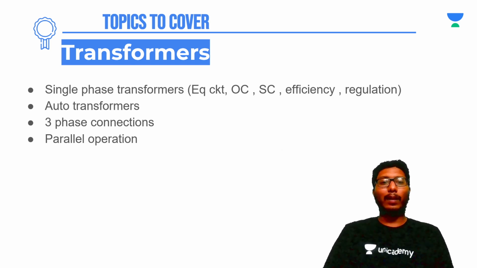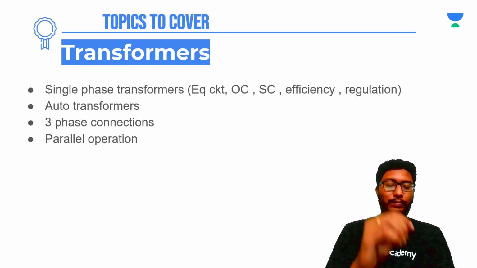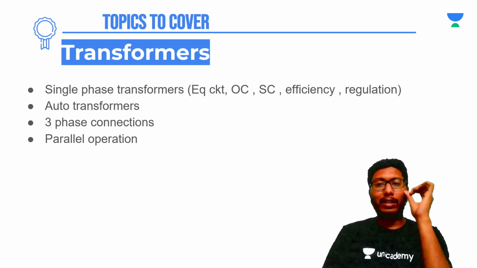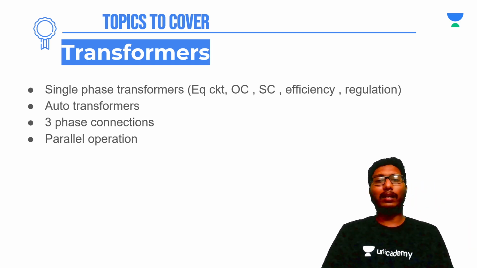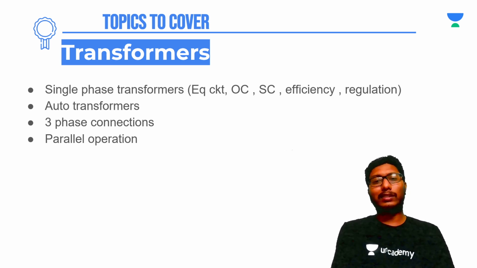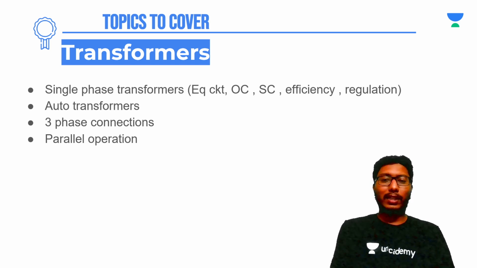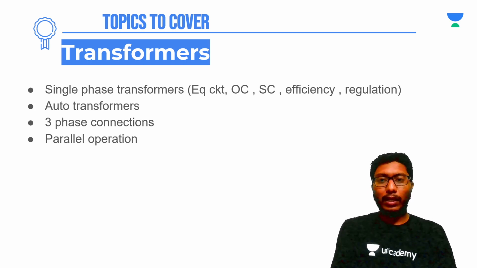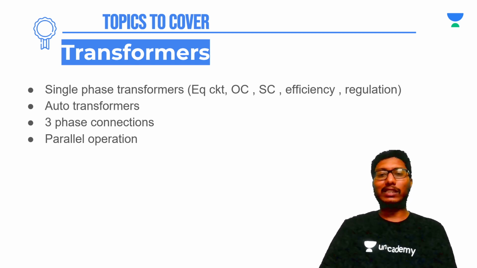And then comes parallel operation of transformers. With respect to parallel operation, the main thing you should consider is the conditions that are to be satisfied for satisfactory parallel operation. These conditions are important for GATE multiple select questions. There are 4 or 5 conditions, and the conditions vary for single phase transformers and three phase transformers. So you should also know these conditions for three phase transformers as well,